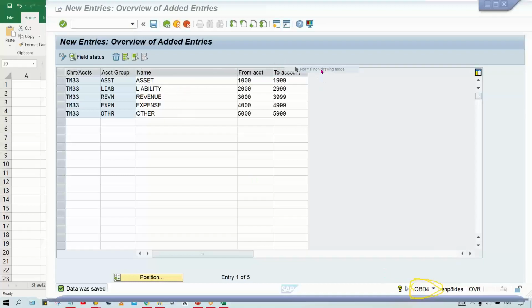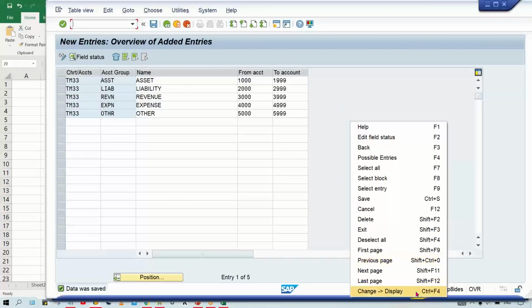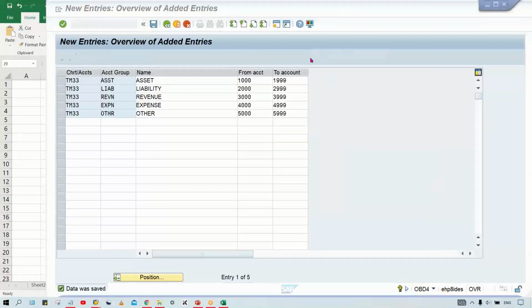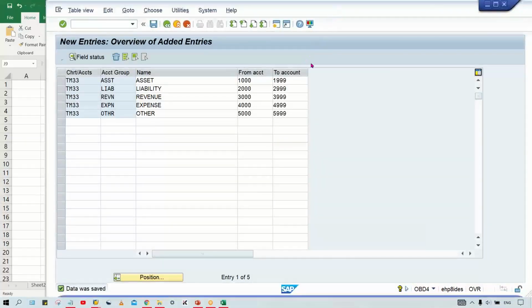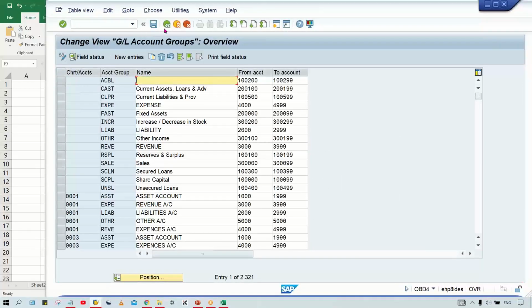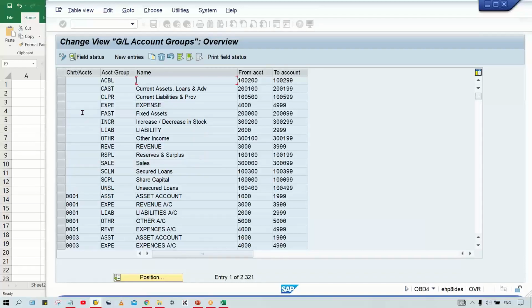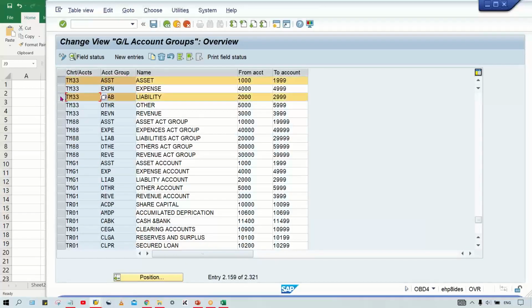Okay, so now, okay, so let me delete. Okay, so now, okay, I just, what is ours? You can click on position, give your chart of account TM33. So this one is mine. Okay, whenever you create a GL account,